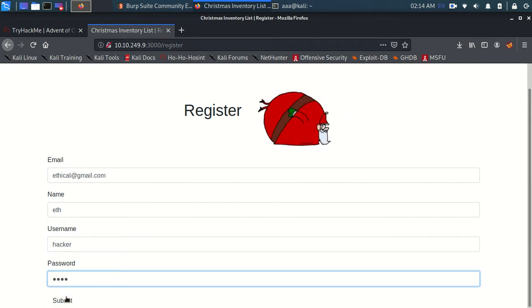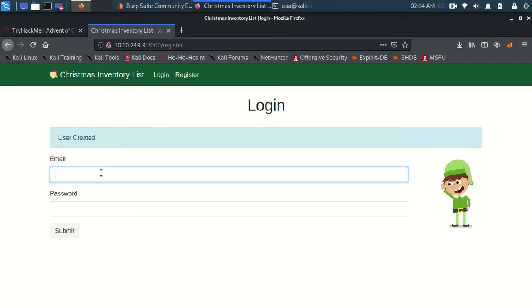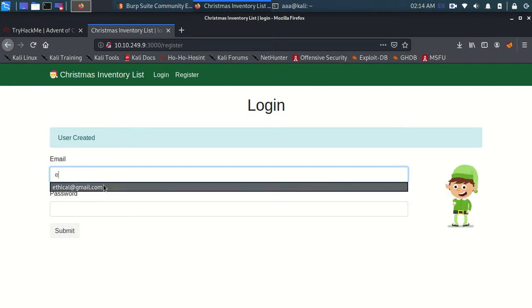Now when I click on submit, these credentials are not actually getting verified, and a new user account has been created. Now I can log in via the email and the password I gave.